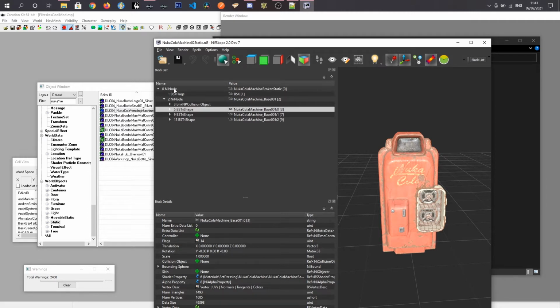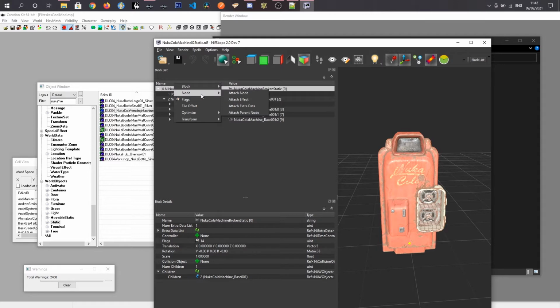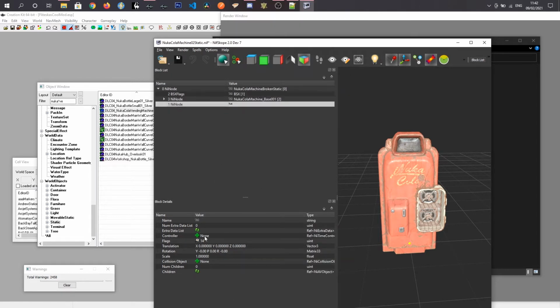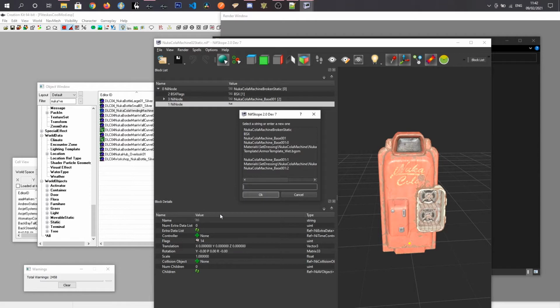On this base node, we just want to right click, choose node, attach node, and then in the list find node, and for the name we'll just give it the name of place for item, and that will be used in our Papyrus script to actually do this. So just click OK,